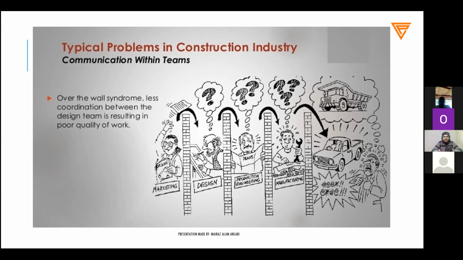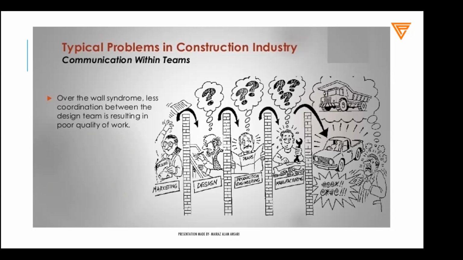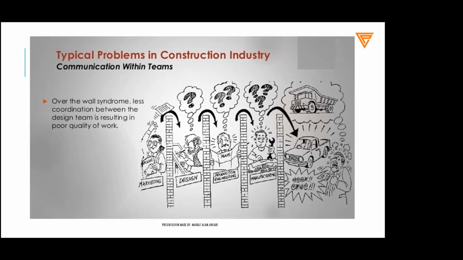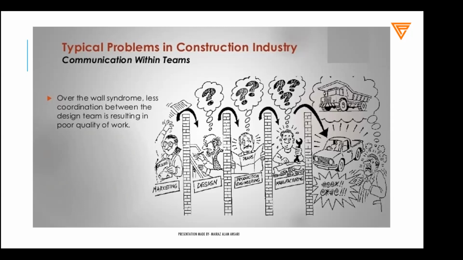So okay, so there are different disciplines. For example, first is the marketing, then design, then production engineering, then manufacturing, and the final deliverables. So firstly, the client came to the marketing team and told them that he wanted to have something like a very giant big truck to get manufactured or developed basically. So he approached the marketing team, and the marketing team shared the idea with the design team. The design team made something else and basically forwarded it to the production engineering team. Then the production engineering team created some plans, sections, elevations and all, and they shared them with the manufacturing team.